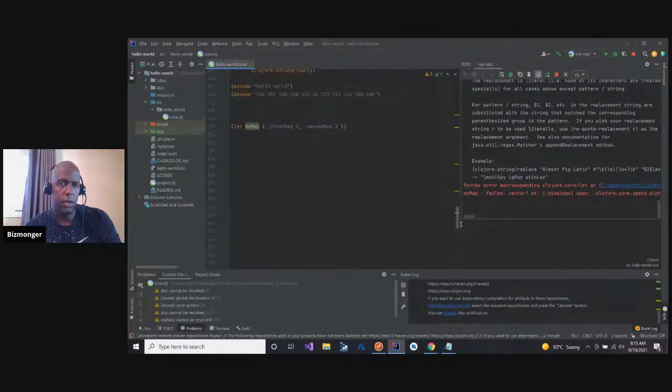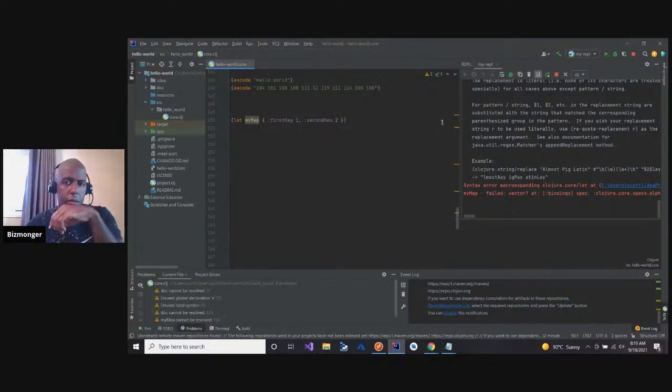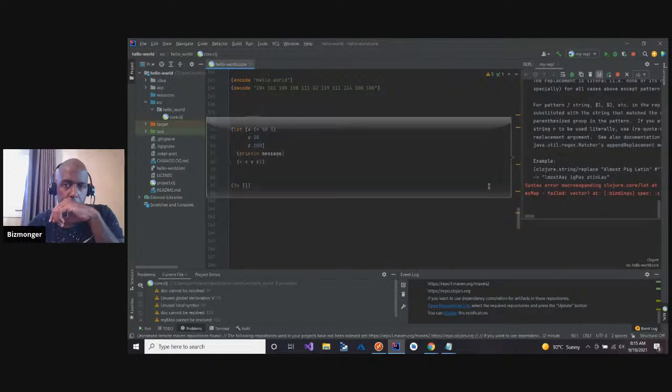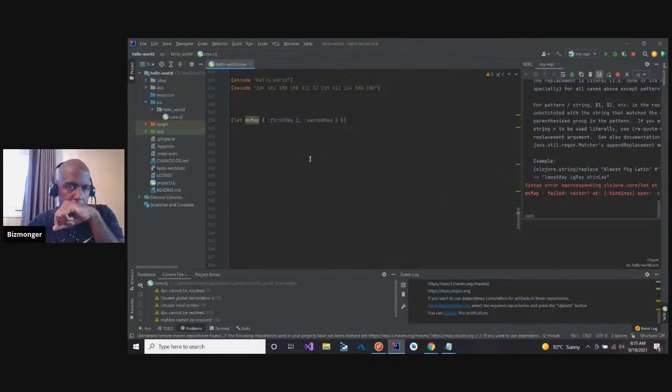How am I supposed to write this? I'm trying to guess before I look at the book or look at the above example. Am I supposed to put this in a vector? Did I do anything? Nope. All right.